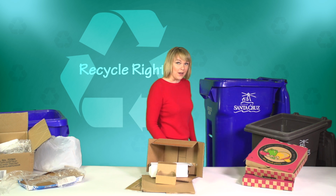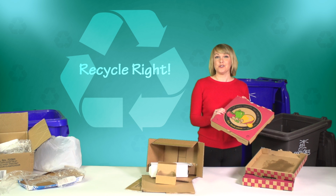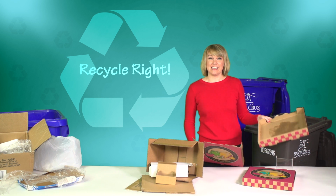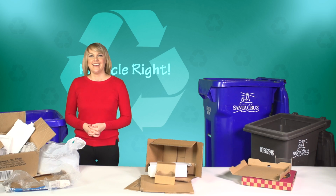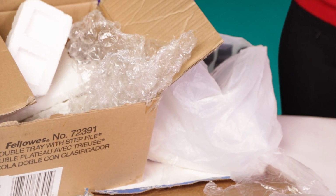So what about pizza boxes? In general, the top of the pizza box can be torn off and recycled, but the greasy, food-contaminated bottom belongs in the trash. A final recycle right tip is to remove the plastic wrap that is around the outside of